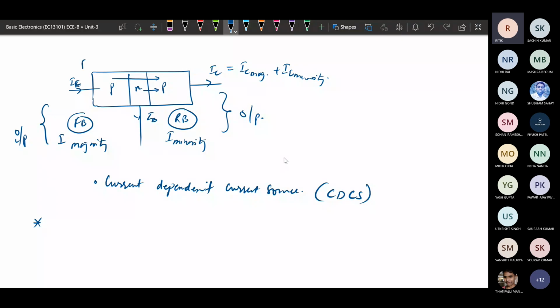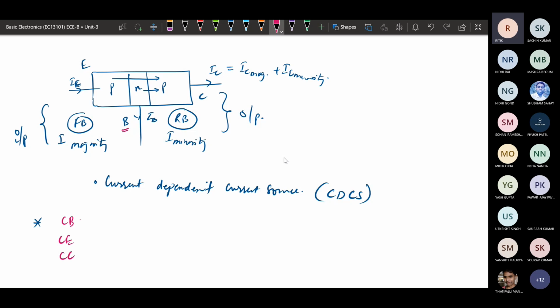This is the emitter, this is the base, and this is the collector. Based on which terminal is common between the input region and the output region, we can configure this BJT in three different configurations: common base, common emitter, and common collector.